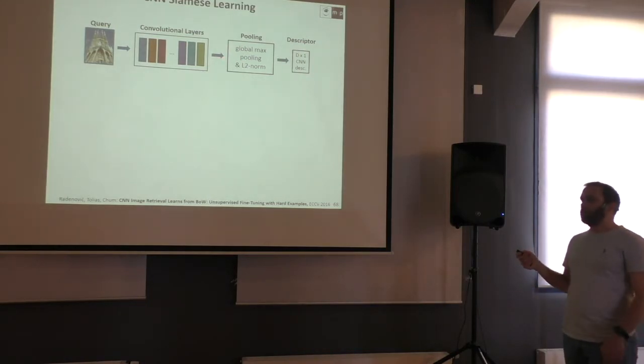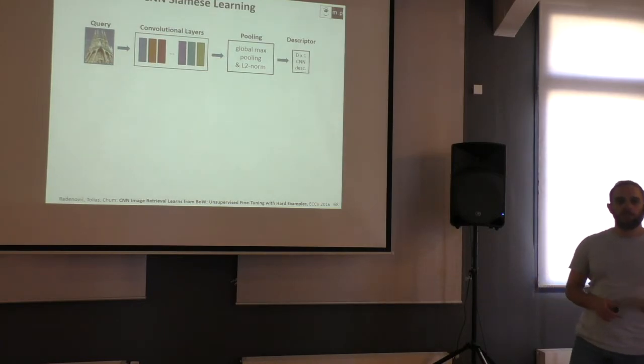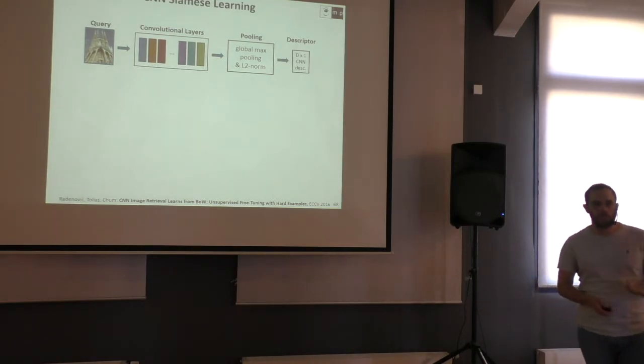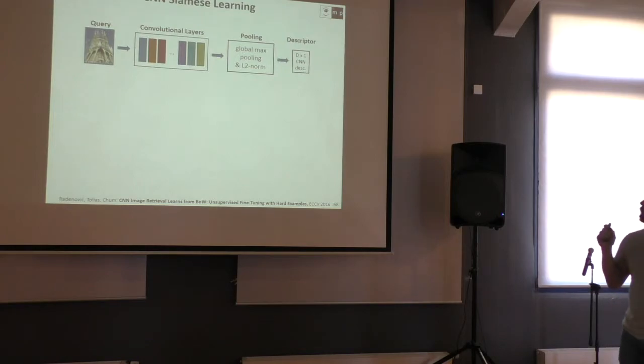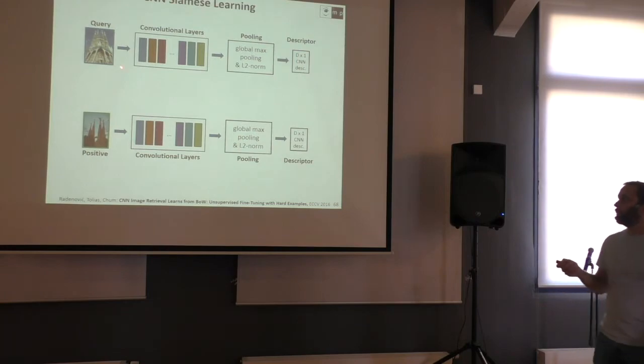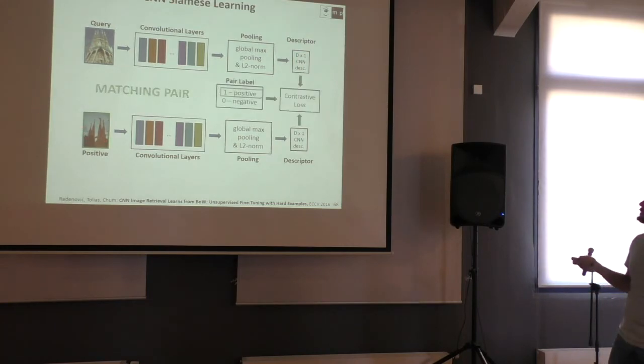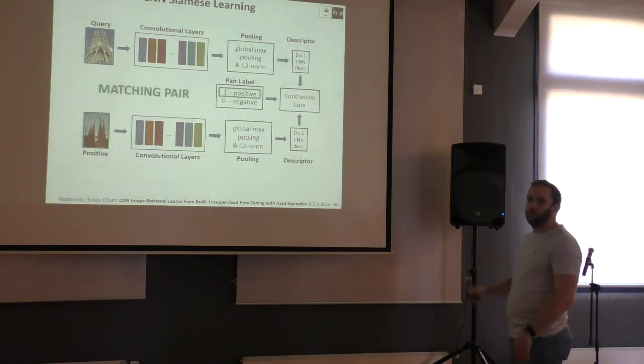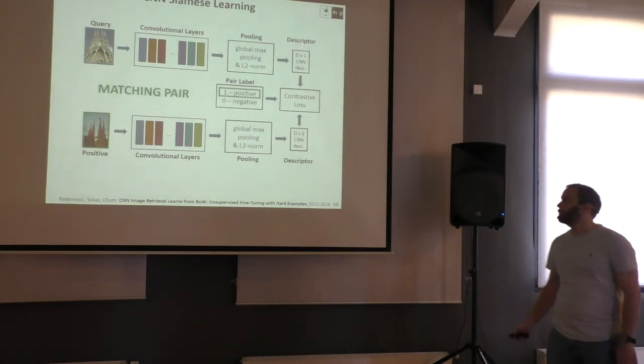We do L2 normalization because then after that you can easily find the nearest neighbor just by using a dot product between images. So at the training time, as I said, we have pairs. We have a query image and its positive image. We run them to get the descriptors, and then we use the contrastive loss to learn both branches at the